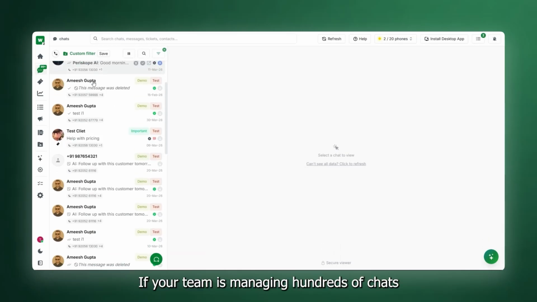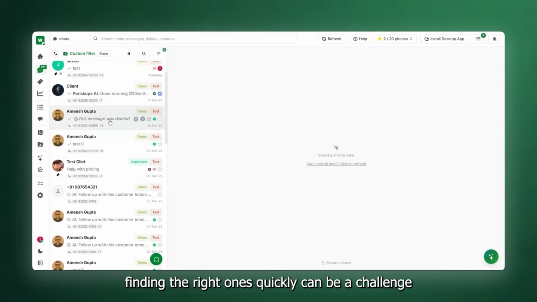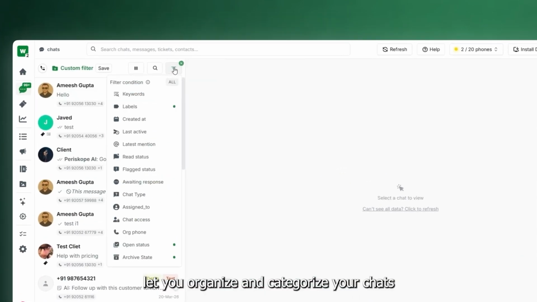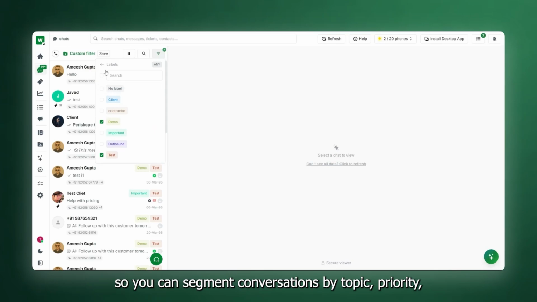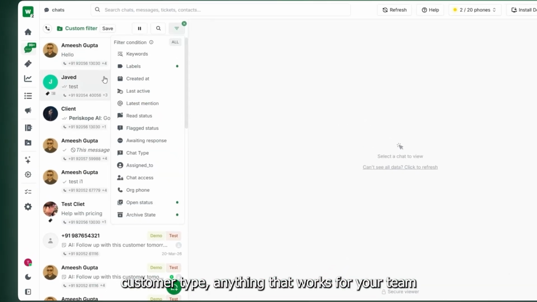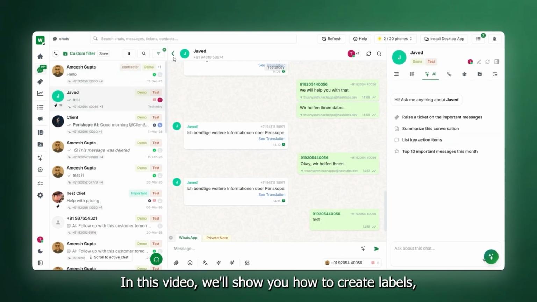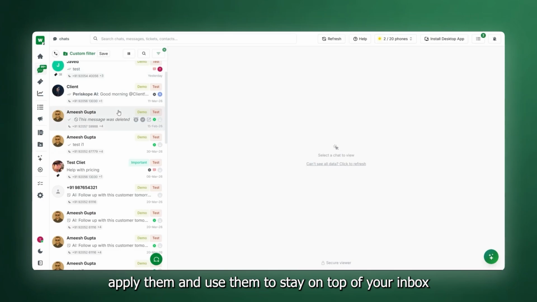If your team is managing hundreds of chats, finding the right ones quickly can be a challenge. Labels in Periskope let you organize and categorize your chats, so you can segment conversations by topic, priority, customer type, or anything that works for your team. In this video, we'll show you how to create labels, apply them, and use them to stay on top of